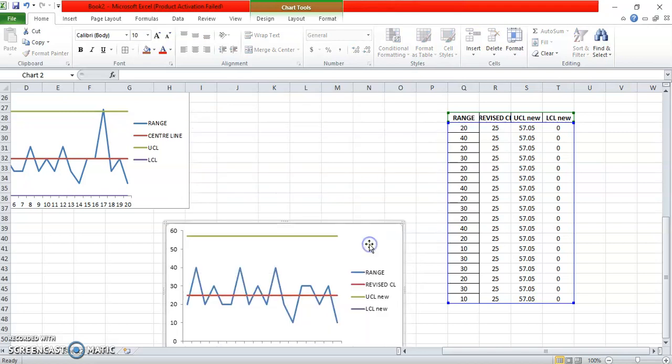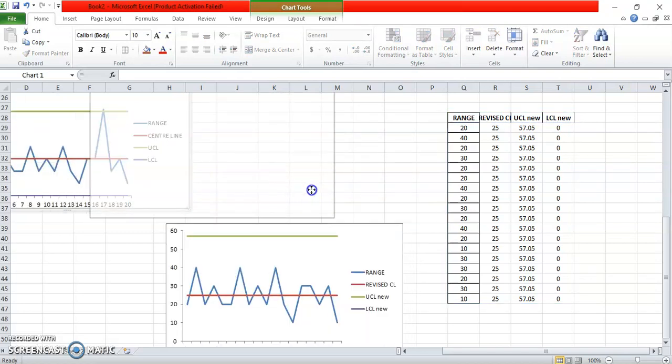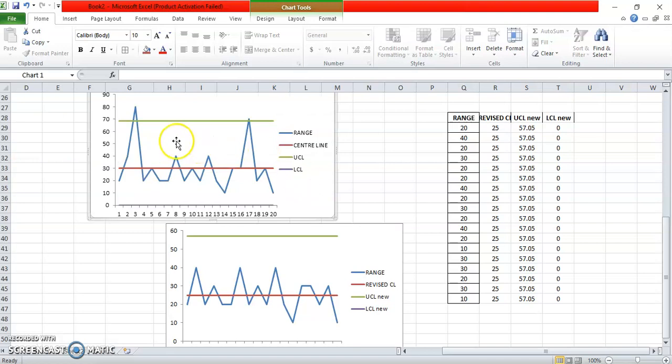Just have a look and compare it with the previous one. This was the previous one in which there were 2 points which were creating some out of control patterns, and now because we revised the chart we used a formula to remove those out of control or discarded sample values.